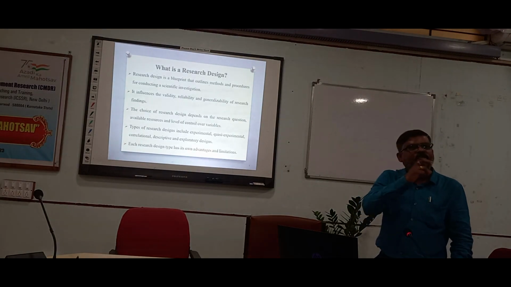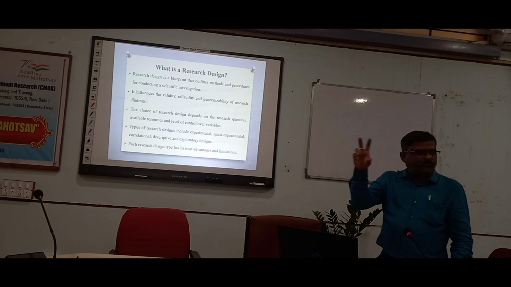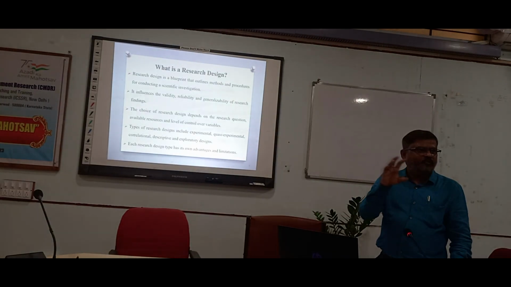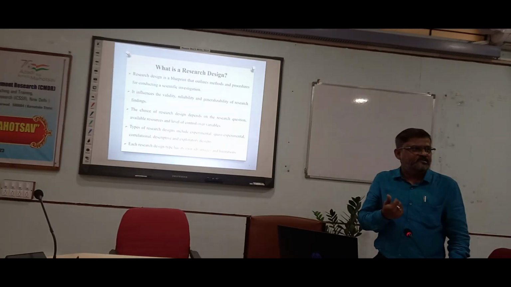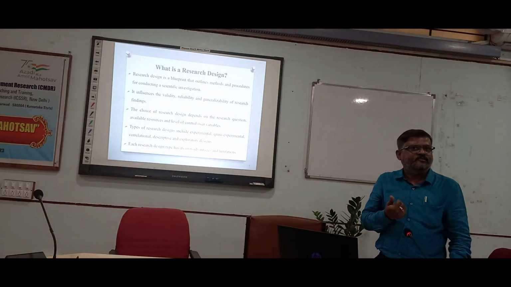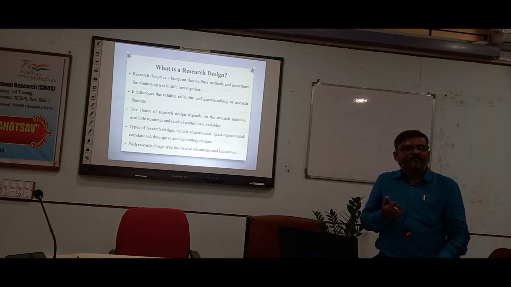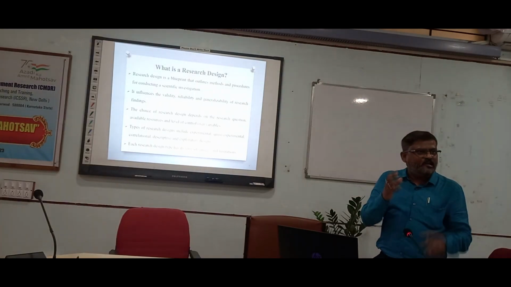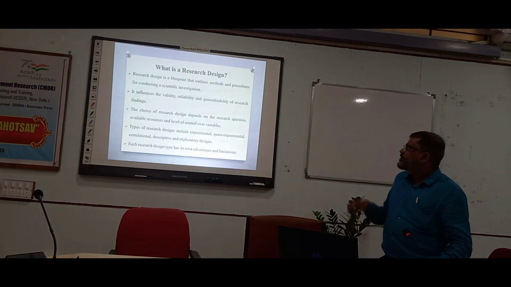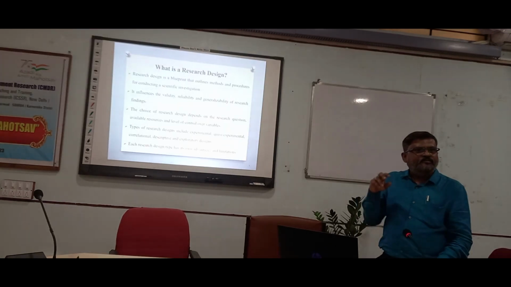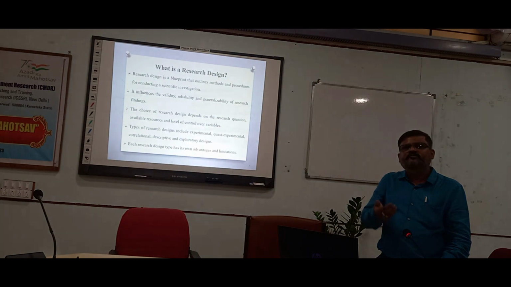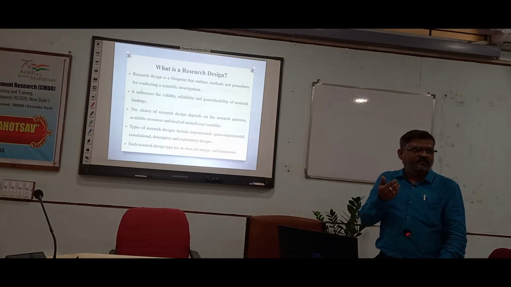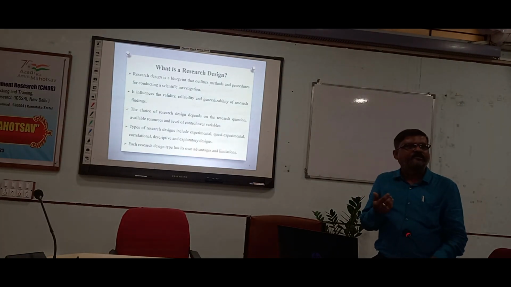So we have a problem and a statement of the problem drawn out of it, and then the research question based on that. Then objectives, the specific objectives. Later we need to make a methodology or design of research: what sort of methods, and how this will be done in an exact and realistic manner.